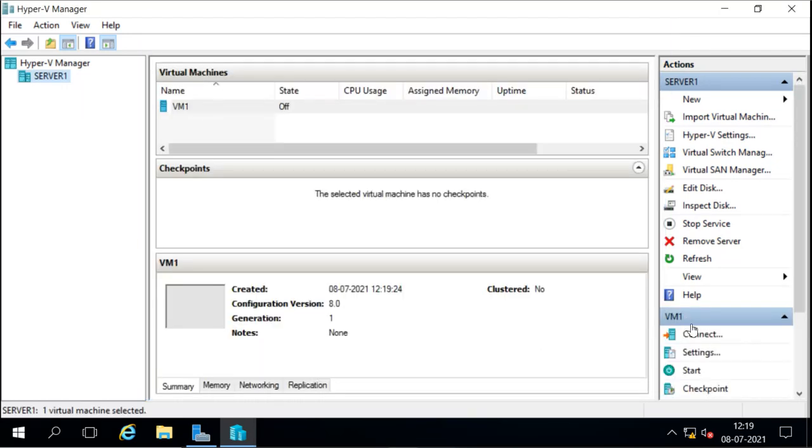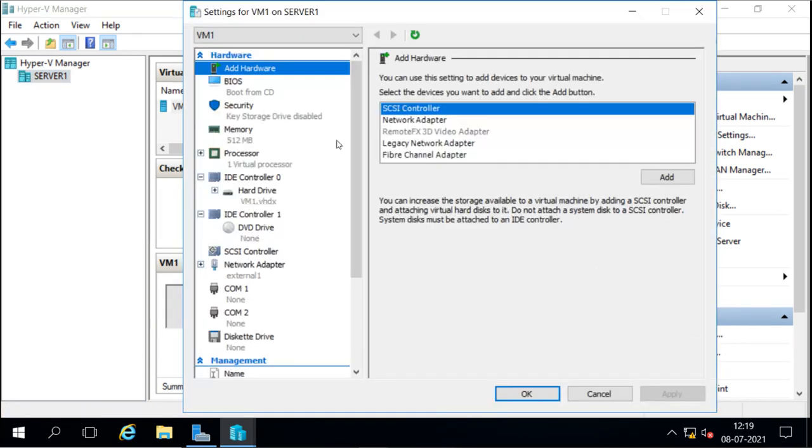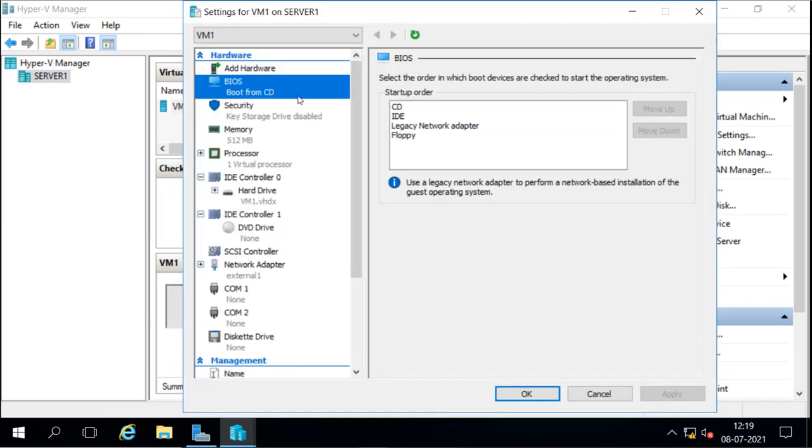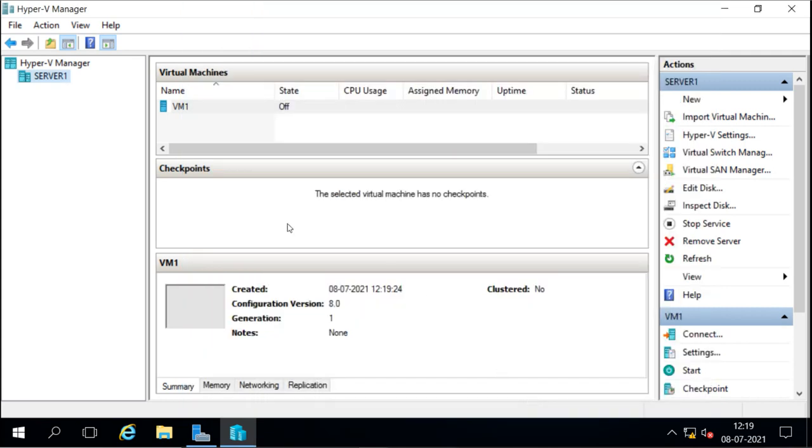So the machine is created. I'll go to the settings of the machine. Now here, for installation, I will select the physical drive. So it is going to select the installation drive from there, the installation disk, and it can start the installation. Let's check whether the machine is working or not.